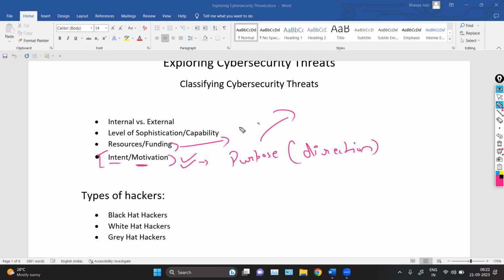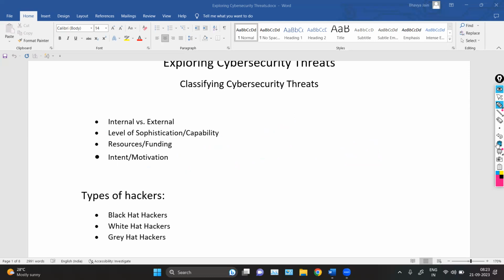Why would the hacker waste all their time or resources on hacking for no purpose? That is not possible. So the purpose can be anything, and the purpose will give the direction of the hacking. There is always a purpose behind hacking. Without purpose, we cannot say we can hack. So we have a purpose, and we can follow that purpose to hack a particular system or a particular company.